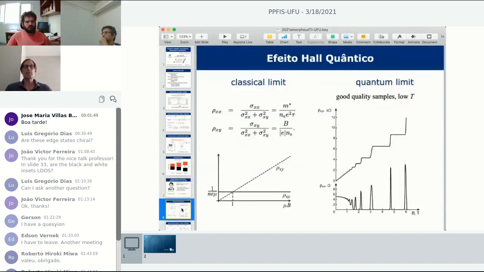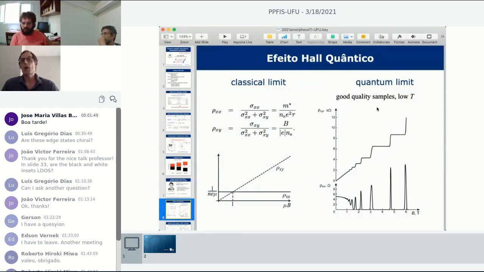So what happens there, right? In the quantum Hall effect, you have a classical limit, and this you can compute with the standard Drude formula. This is one of the first classes in a standard condensed matter course. Basically, the longitudinal resistance is given by that. It doesn't depend on the magnetic field. It depends on the scattering mechanism, effective mass, concentration, etc. And the transversal one depends essentially linearly on the magnetic field.